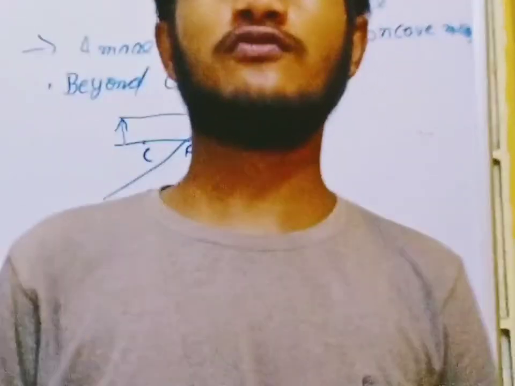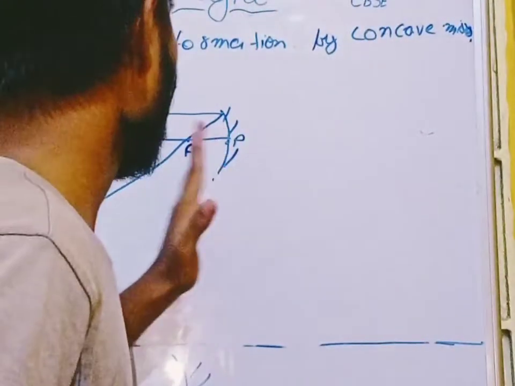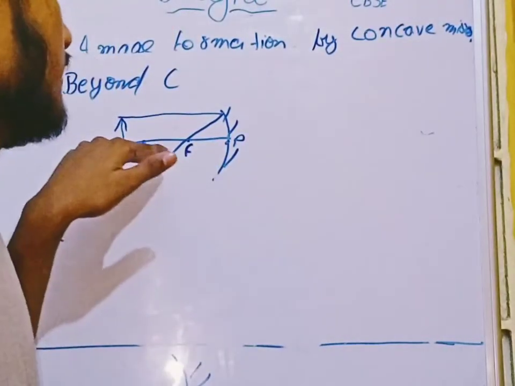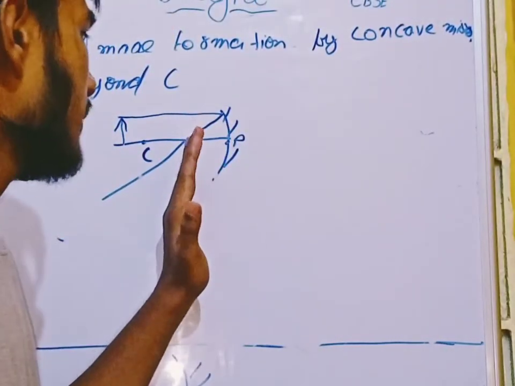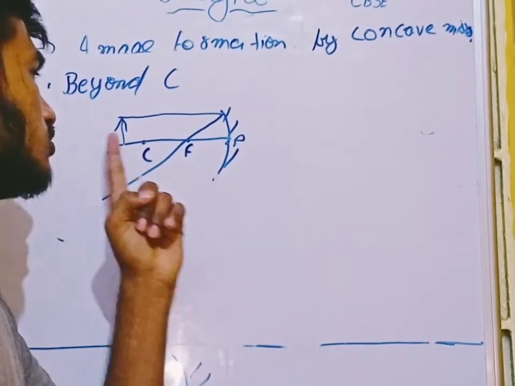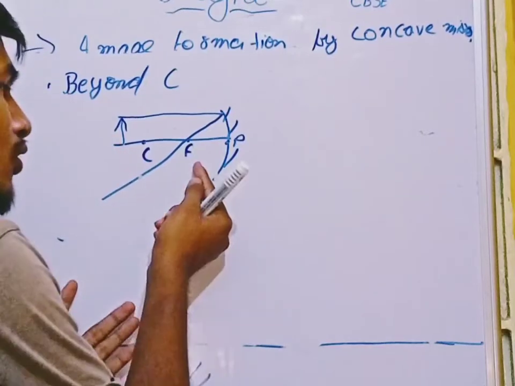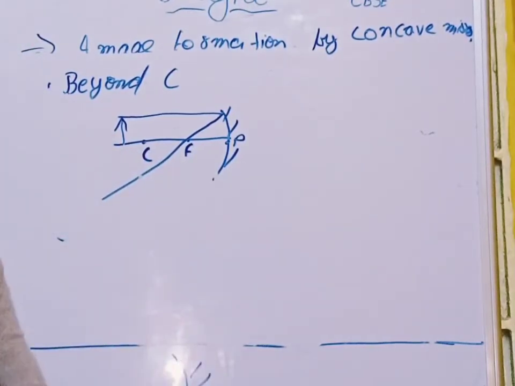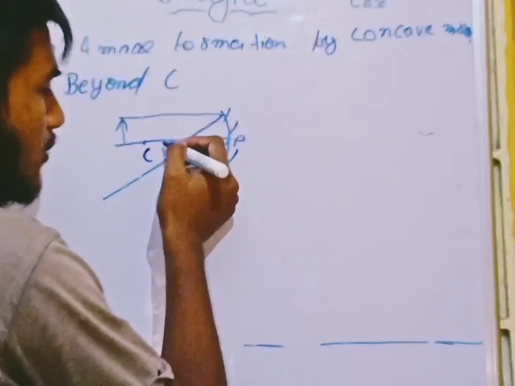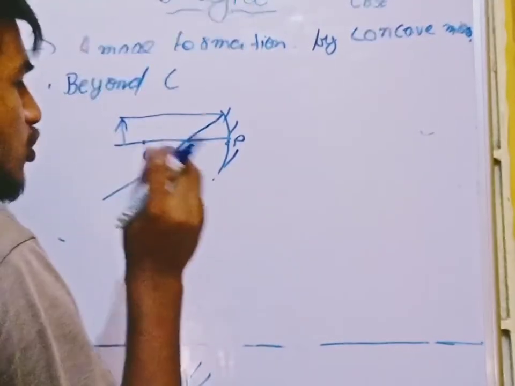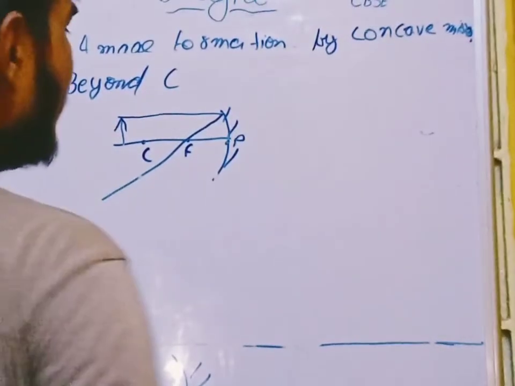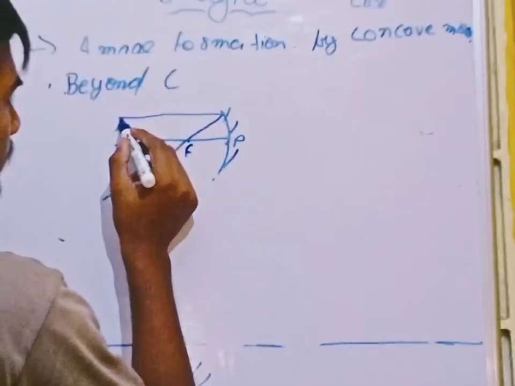I told you, whenever you go near to your friend, then the image is going far from your friend. Then it is going to be between C and F. In the first condition it is formed at F, and then it is coming one step forward, then you have to go one step backward here. Then you know that the image is absolutely going to be formed here. Now you have to pass the light by here